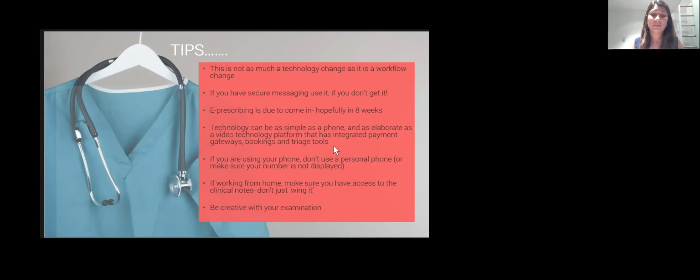But as advised by the department, they prefer you to use paid platforms. And I know it's a bit cheeky to say, okay, use a paid platform and pay for something else, but just as a note, GPs should have access to a free platform through their PHNs, and that's the Health Direct platform. So if you don't have a platform already and you want to get one, contact your PHN, because they should be able to give out licenses to GPs in their region. It's not very widely advertised, but that is a service that's available, and there are some GPs who've done that already.